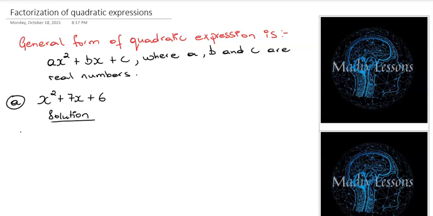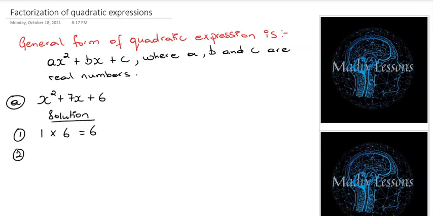The first step, step number 1, is to multiply the coefficient of the x squared term, which is 1, by the constant, or c, and that is 6. So we have 1 multiplied by 6, and that's going to give us 6. Okay, so step number 2,